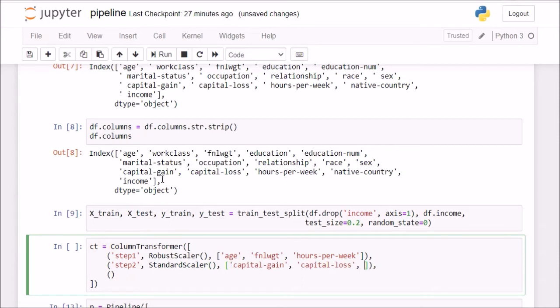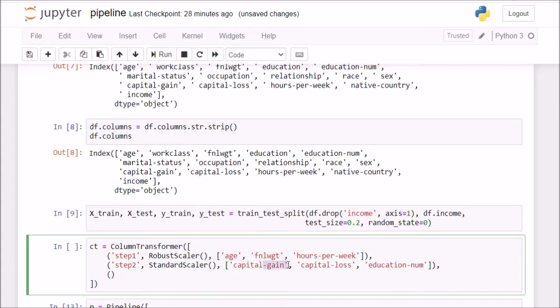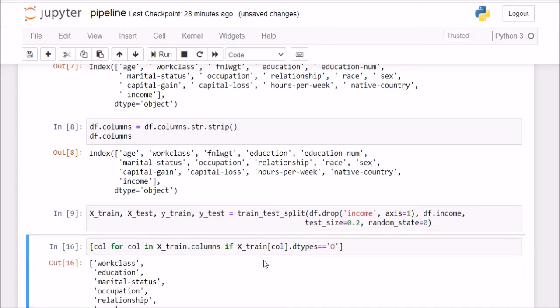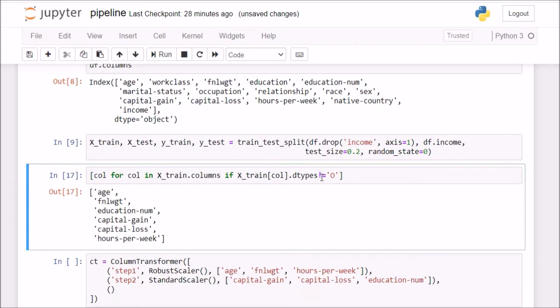And the third one is education num. So this is the third. Okay, so now I'm done with all my 6 numerical columns. Because if I check what my numerical columns are, I can say, give me column for each column in xtrain.columns if xtrain[col].dtypes is not equal to O, for numerical columns.